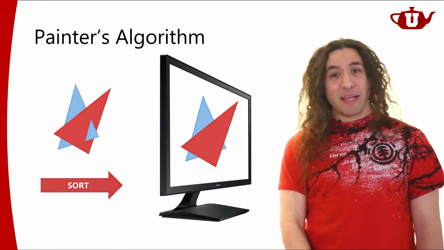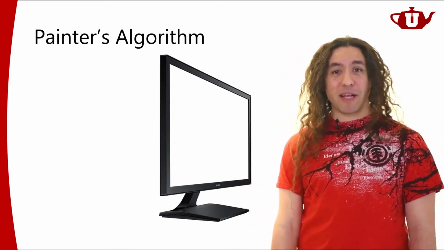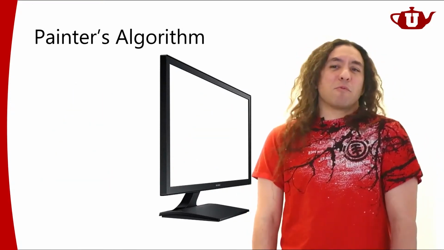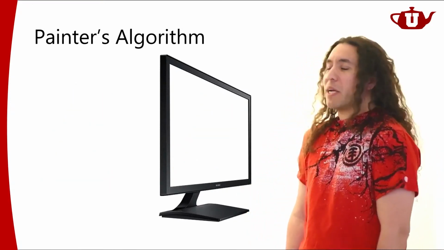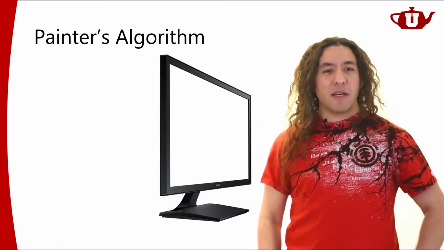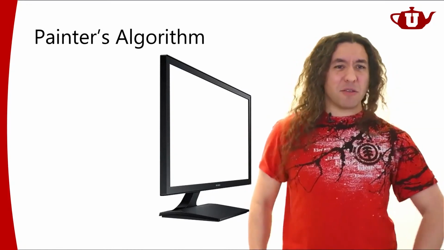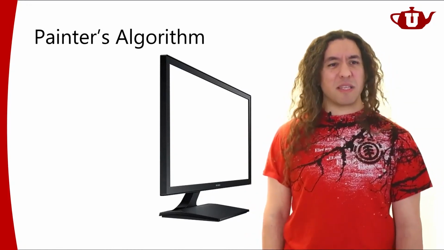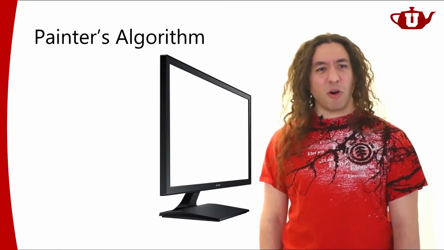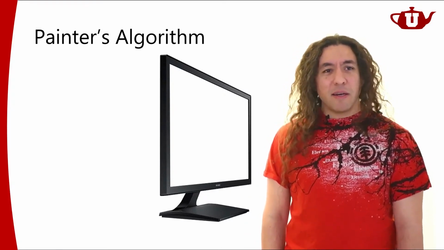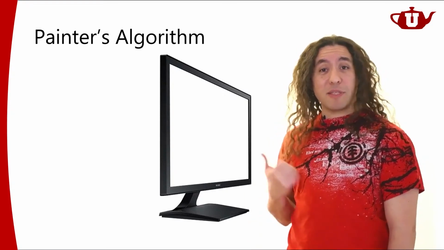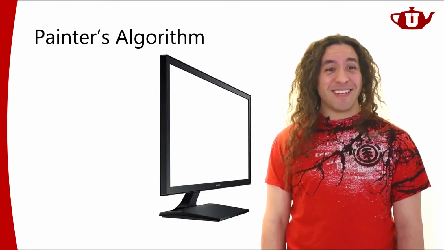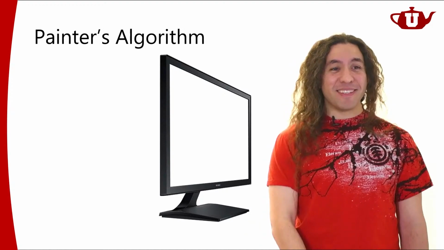Yeah. So that's the problem with the painter's algorithm. You might say, oh, where would I ever have this problem? You just picked two triangles that were intersecting with each other. Do you even get models like that to render when you're dealing with realistic, more general computer graphics today? Well, I can give you an example model where this happens. Can you think of one? I think there's one you can think of.